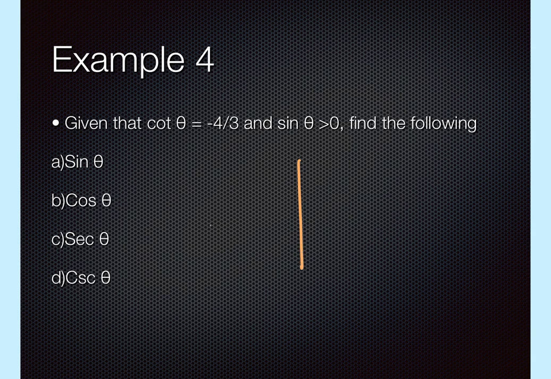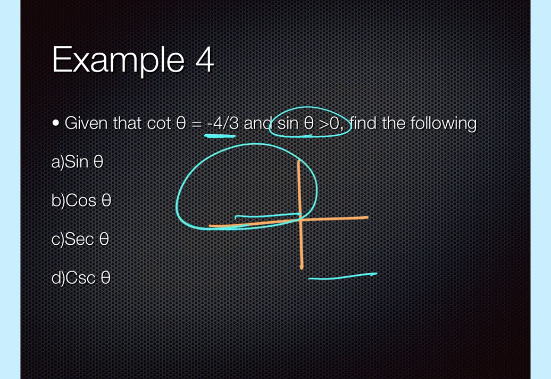So first of all, if I was to draw this in a circle, in a quadrant, if cotangent is negative, what 2 quadrants can I draw this in? The second and the fourth, right? Those are the 2 that cotangent can be negative. And this is why the second piece of information is given. Sine has to be positive. Which of those has a positive sign? Only the second quadrant, which means this negative 4/3, which could be a negative 4 over a positive 3 or a positive 4 over a negative 3,